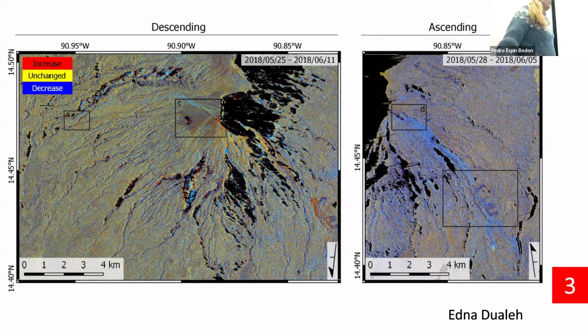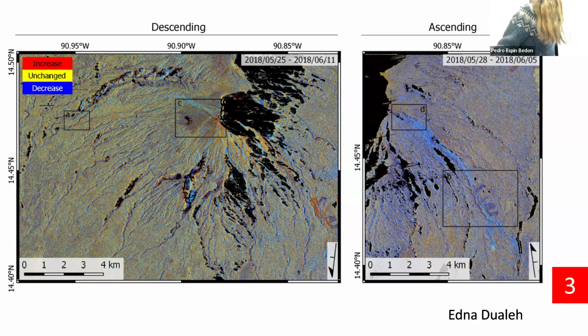Normally we only really use the backscatter for assessing the stability of scatterers, or for matching images as an early step during InSAR processing. But you can actually get quite a lot of information from SAR backscatter itself. This is an example of that. This is Fuego volcano in Guatemala. It's Edna Dualeh's work. She's also a COMET researcher, down at Bristol, so many of you may know her already. And this is one of the volcanoes she looked at during her PhD.